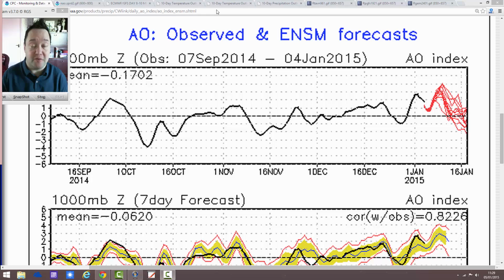We're also going to have a look at the chance of some colder conditions coming through in the second half of the month as well. And we'll have a look at the chance of some stormy conditions on Friday and Saturday for the northern part of the country in particular. So quite a lot going on.